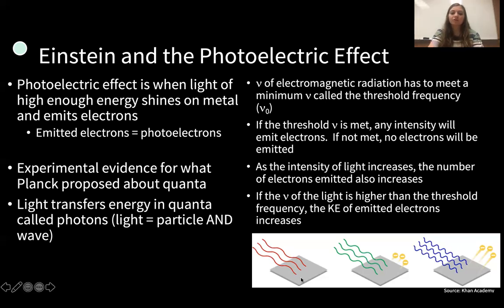Okay, so we can see in this picture here, red light has the lowest frequency and it does not meet this metal's threshold frequency, so it does not emit any electrons. Green is a higher energy wave and has a higher frequency, and it looks like it is meeting the minimum threshold to emit electrons. The blue here is even higher, has an even higher frequency, and